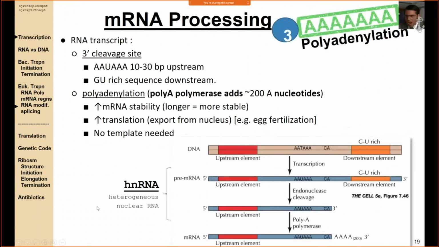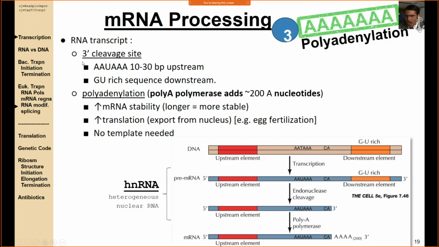Okay, so once you have that mRNA, on the other side, you have polyadenylation. And so these A's get added to the end, and that stabilizes the mRNA, okay? So to work through this,